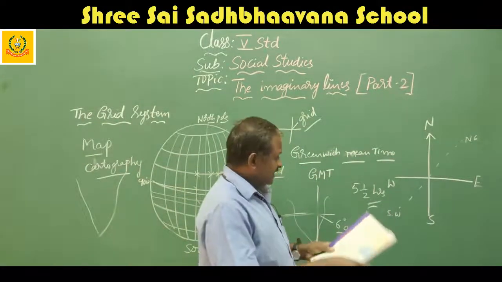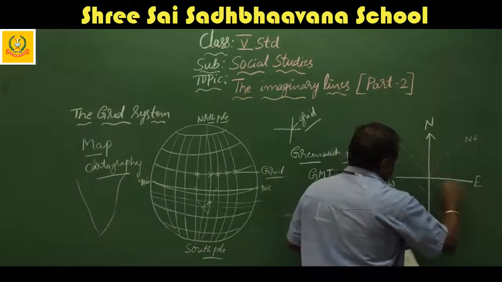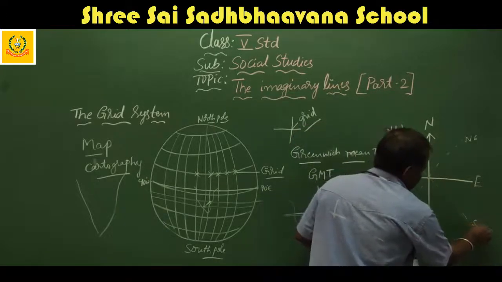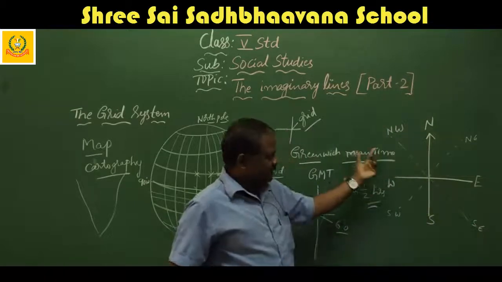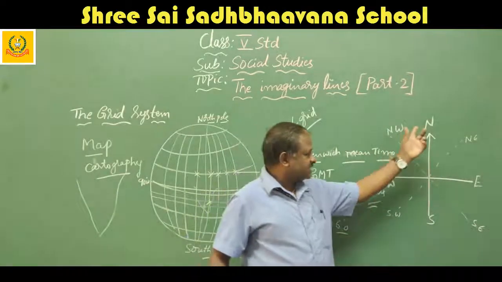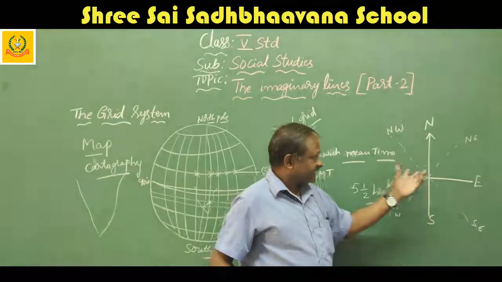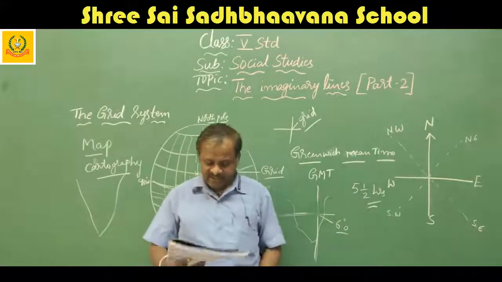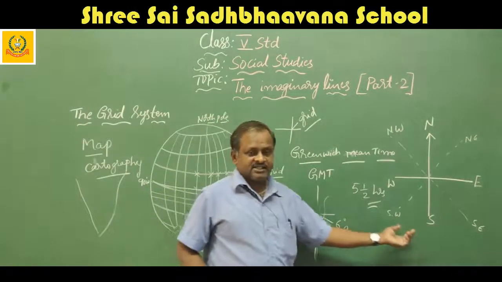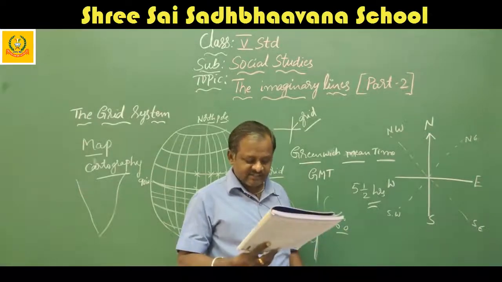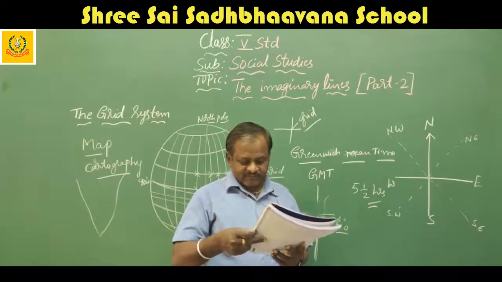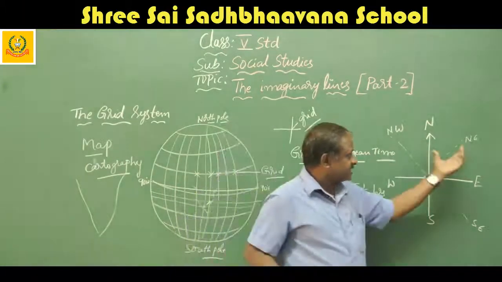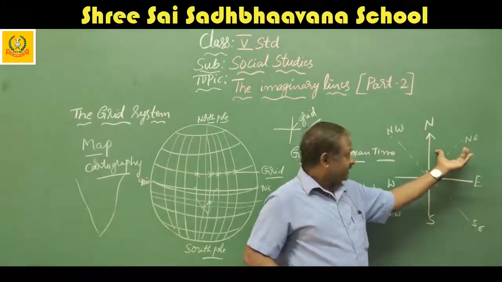Next, this is called northwest. This is called southeast. So by this we locate all the 8 directions. Not only north, south, west, east, there are another 4 directions: northeast, northwest, southwest, southeast. We will easily find out these directions by writing like this. Here they are given, see, the northeast lies between north and the east.